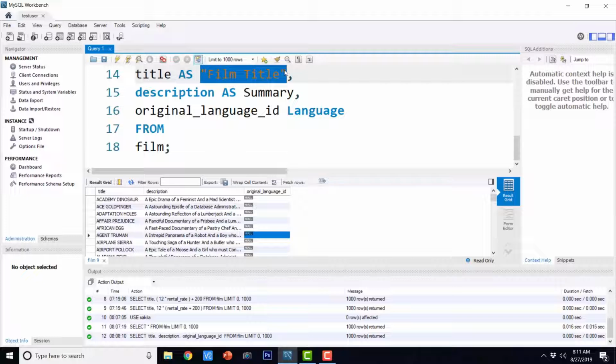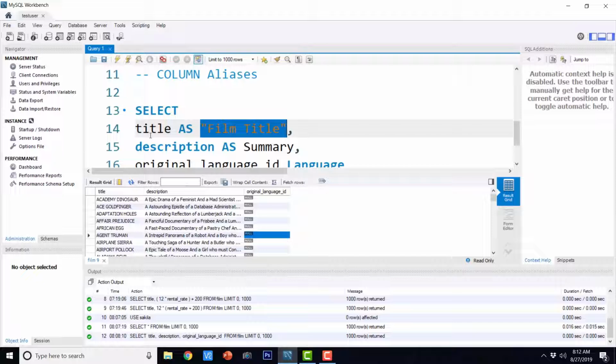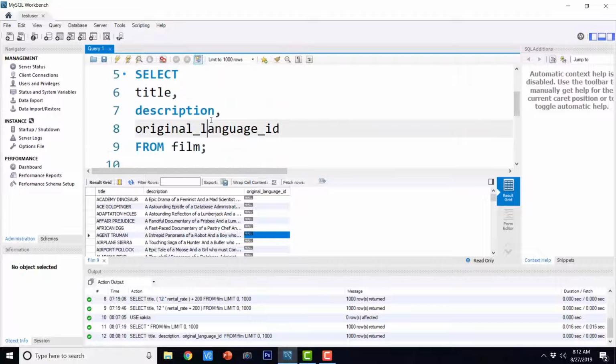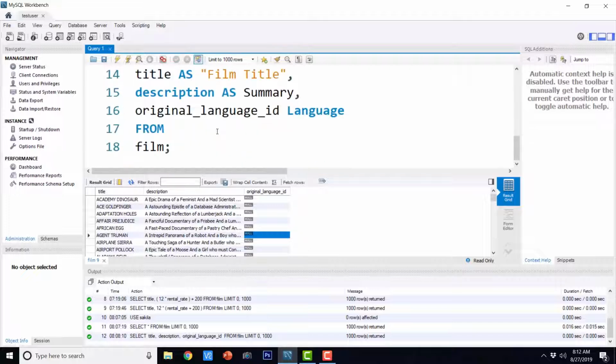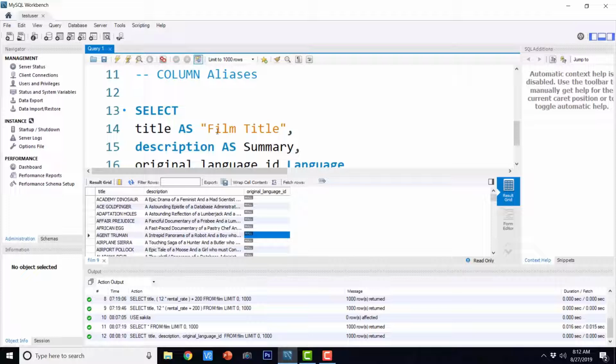The dictionary meaning of alias is alternative name. Here we are not actually changing the names of those columns in the database tables. We are just changing the heading under which their data is displayed. So we had the column names title, description, and original language ID. Basically this query is the same as the earlier query. The only difference is that we are showing the data under different headings.